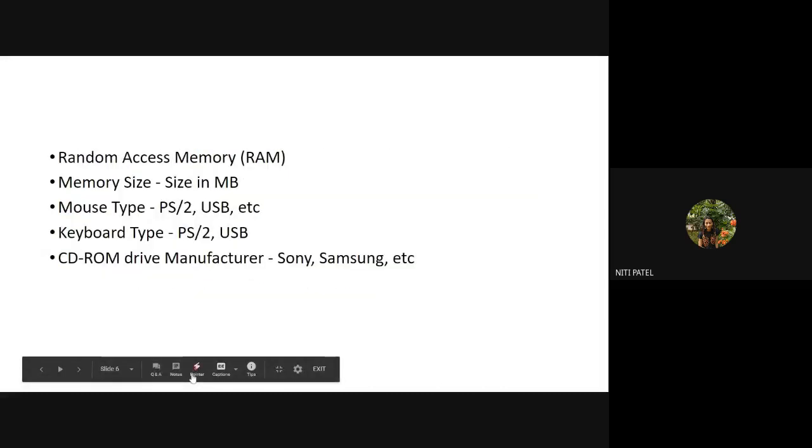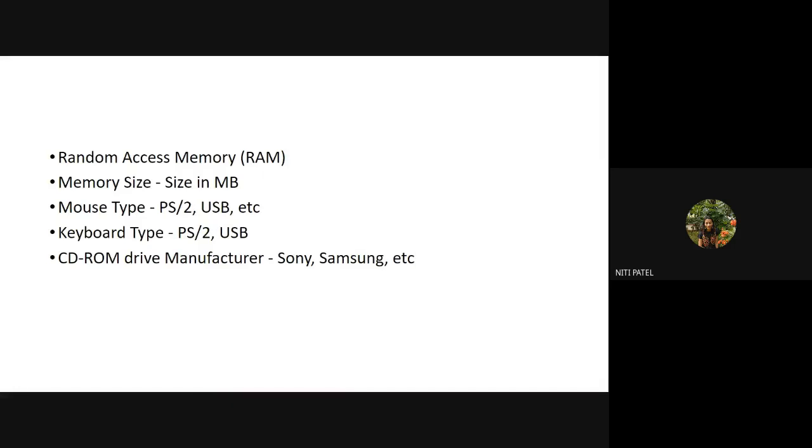The next is random access memory. Now what is random access memory? We will require some kind of storage inside the RAM. So we should also see that my system has a RAM. Now what size of RAM should it have? Nowadays we have 3 GB RAM, 2 GB RAM, 4 GB RAM, 8 GB, 16 GB and so on.